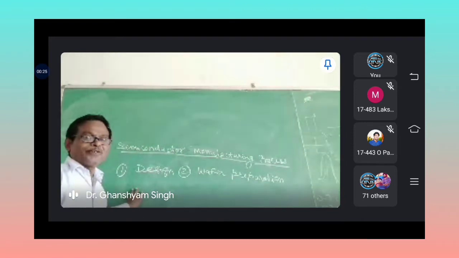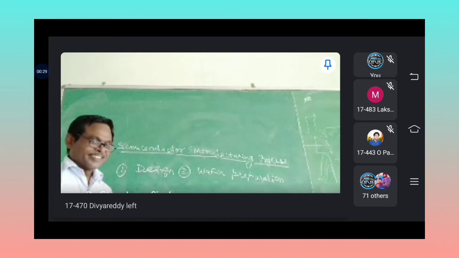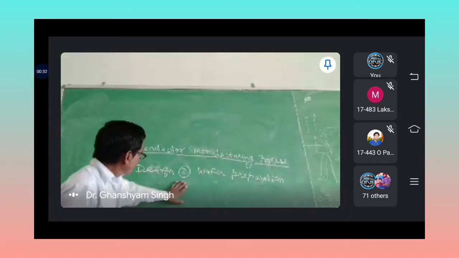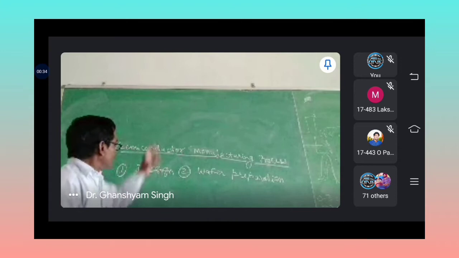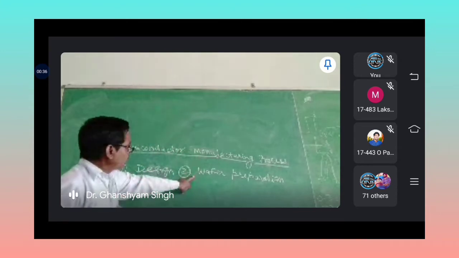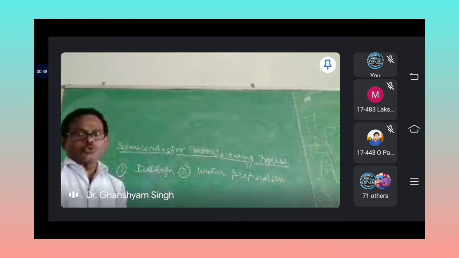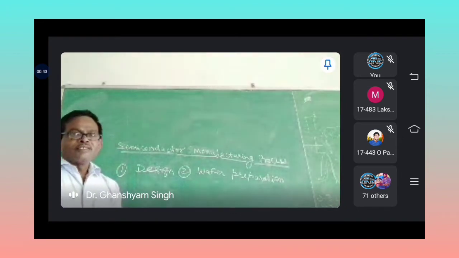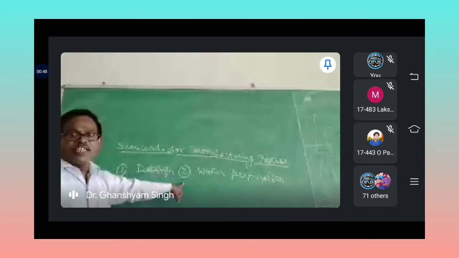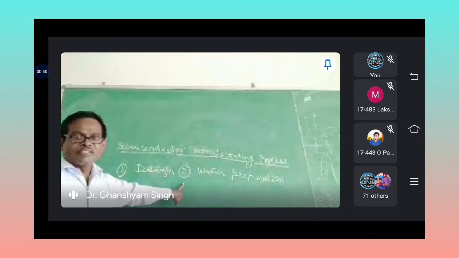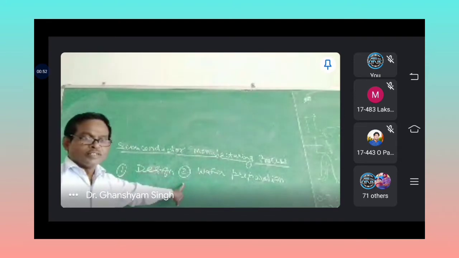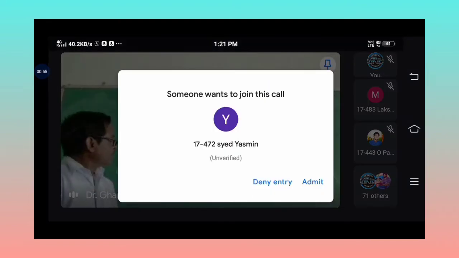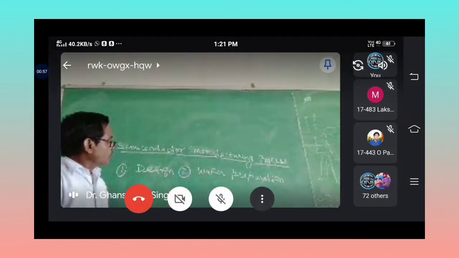Today we will discuss the fabrication of semiconductor devices. Semiconductor devices follow two phases of integrated circuits, involving two major steps. One is front end, second is back end. Front end covers the manufacturing of wafer fabrication. The second step, wafer probing, is also covered in front end. Now we come to the back end. In the back end, assembly and final testing.